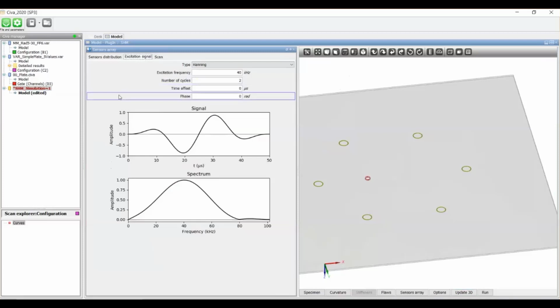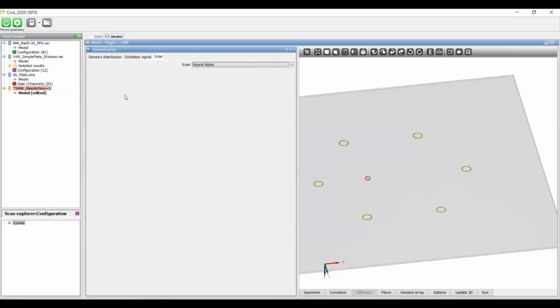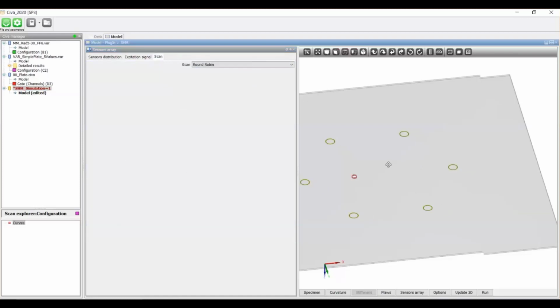The pulse signal, as in other modules of CEVA, is also an input data for us. We don't compute the piezoelectric transduction. You define the loading profile and the temporal waveform of this profile based on an excitation frequency, a number of cycles, maybe a phase and a time delay and so on. You can see here the waveform in time and the spectrum, the FFT. So you may change it. You have a few options to define different types of pulse waveform.